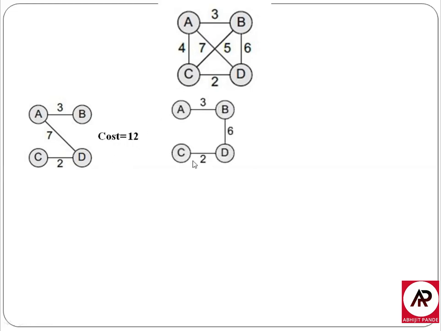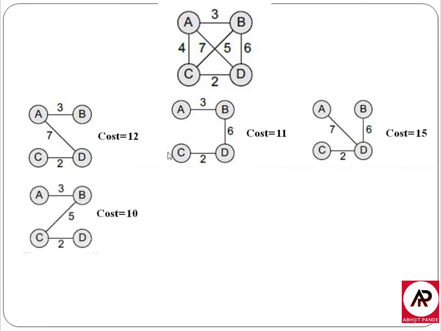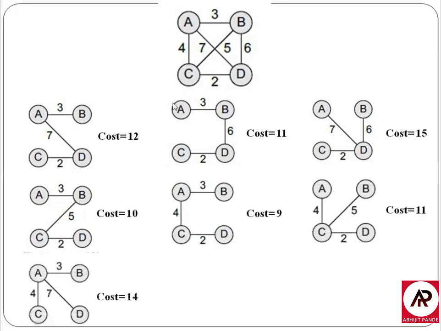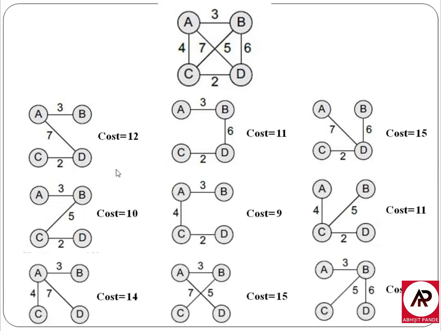Consider the second spanning tree representation. Here the cost is 3 plus 6, 9, plus 2 is 11. This is the third representation, having the cost 15. In a similar way, these are the multiple representations of the spanning tree for the given graph along with the cost. Now, here we found that these are the multiple costs associated with the spanning trees, but the minimum cost